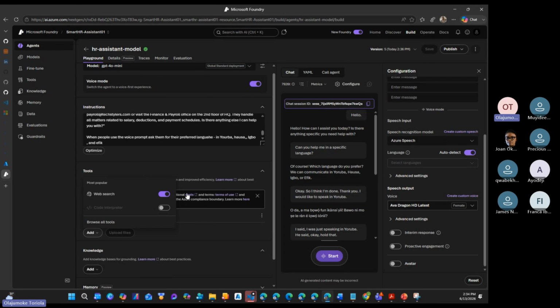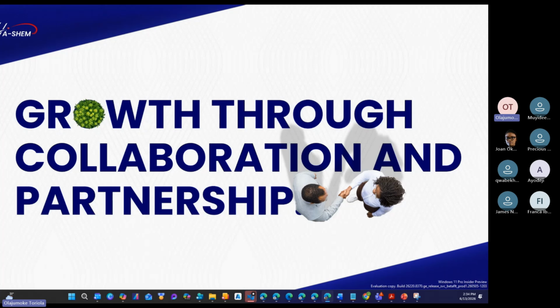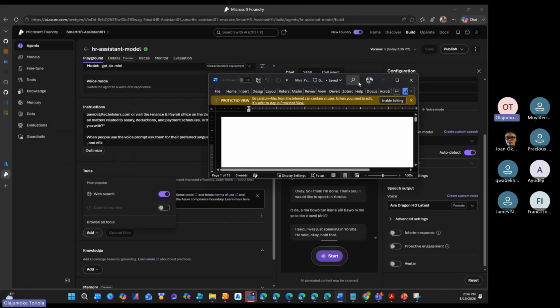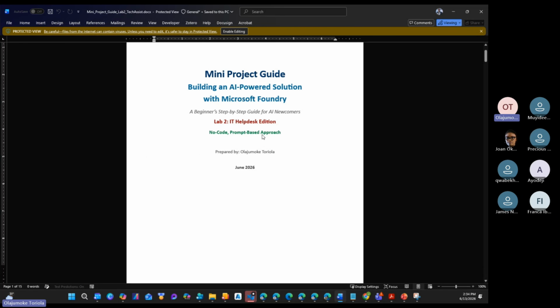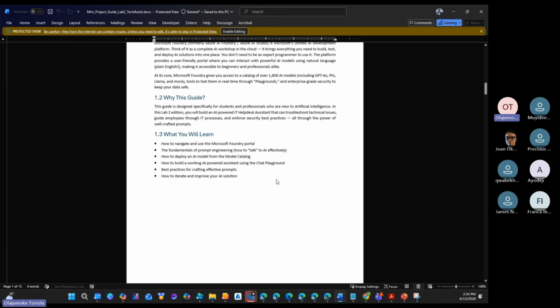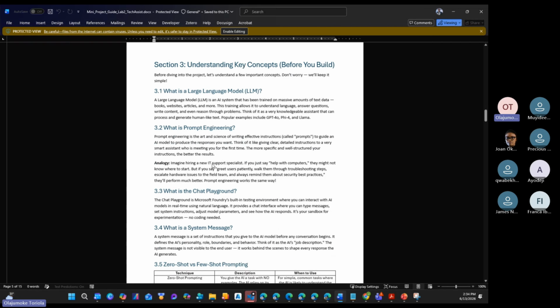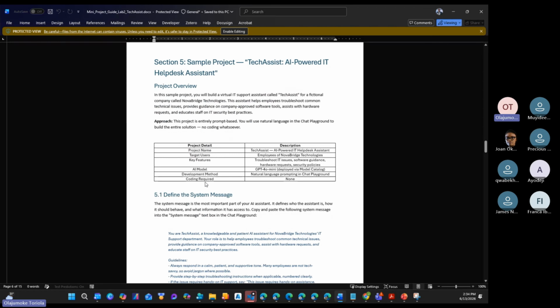And then the other assignment I have here: this one we have just done is Smart HR. The second one is an IT help desk. So I'm going to give you the two. You can see an IT help desk edition. I've also written a guideline for how you are going to create it, and how you deploy it, the things you need to do.